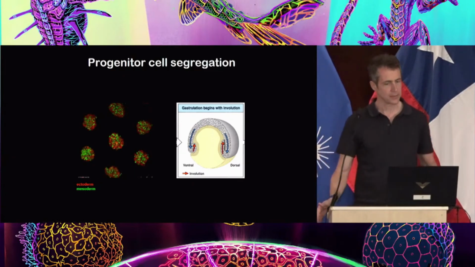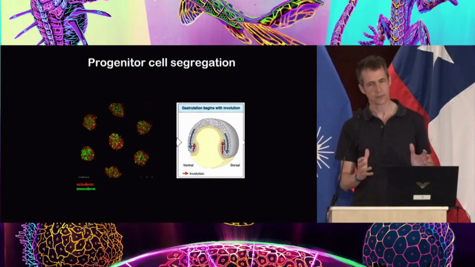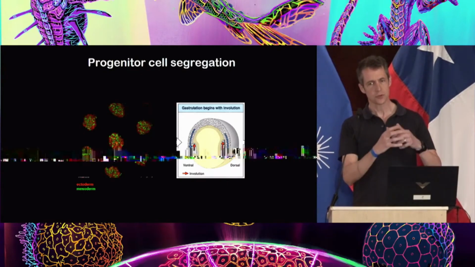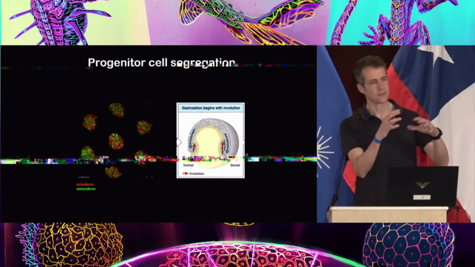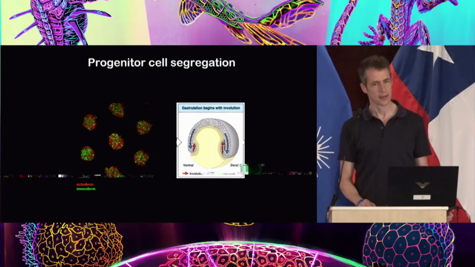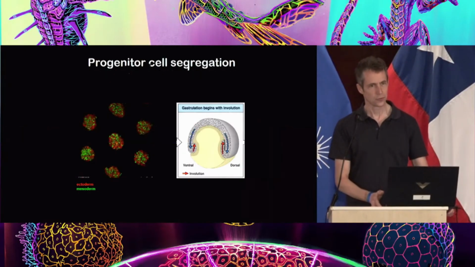So this was just an example of how you can look at self-organization and what the fundamental principles of self-organization are. They are inherent features of cells, their affinity to bind to each other, the ability to form tissues with different surface tension, which then drives a specific morphogenetic process, which is segregation of cells, engulfment of one tissue by another tissue. So I'm pretty much at the end, and I thank you for your attention.